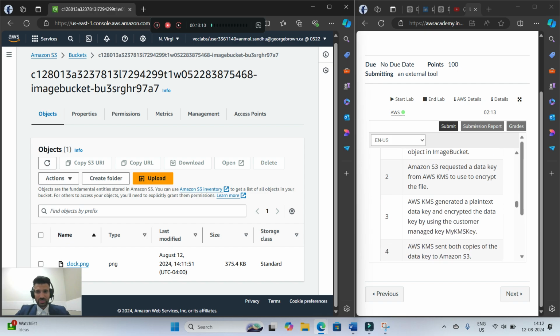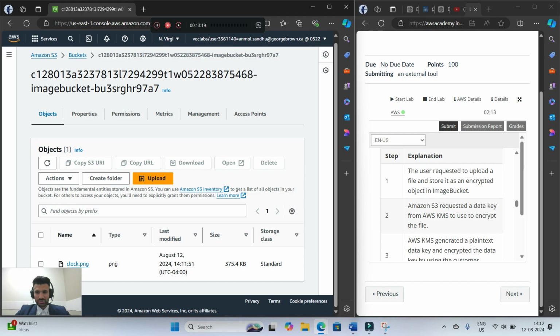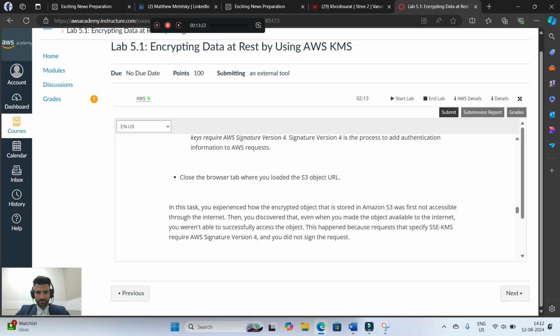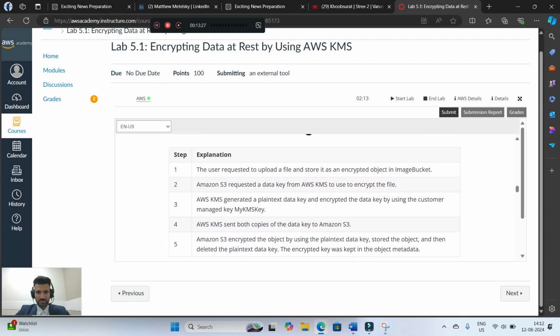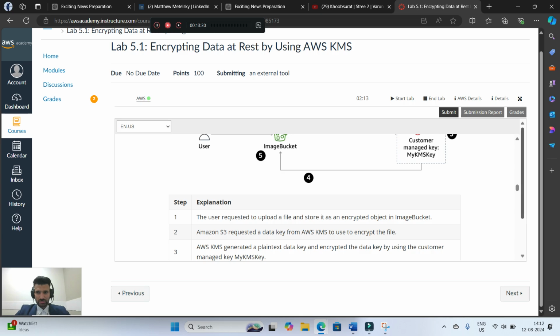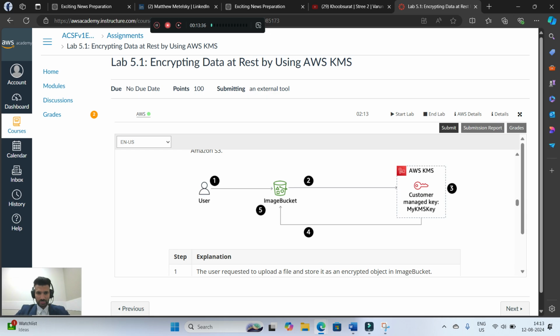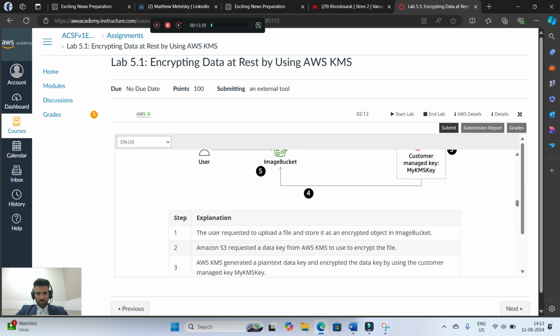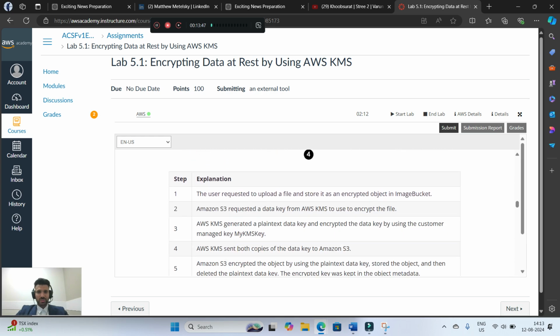Step 2, Amazon S3 requested a data key from. So step 1, it says user requested to upload a file and store it as an encrypted object in image bucket. Step 2 here is Amazon S3 requested a data key from AWS KMS